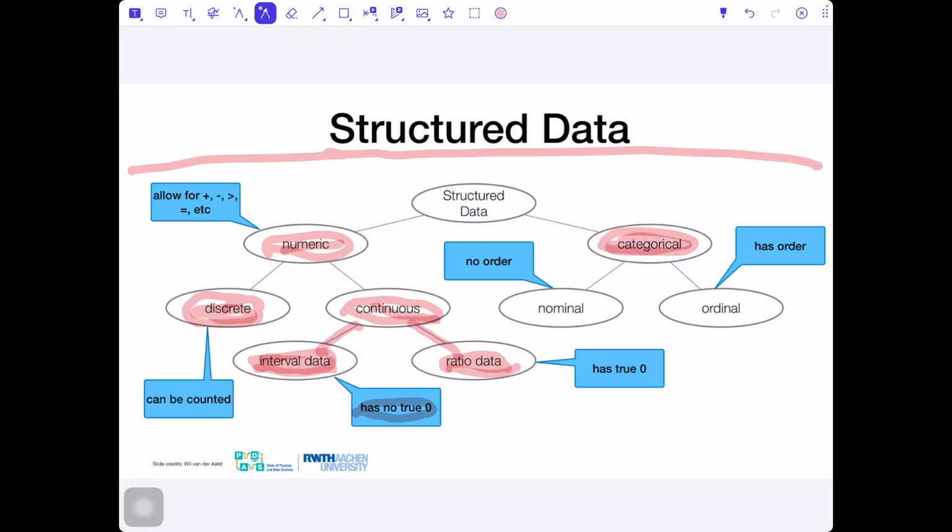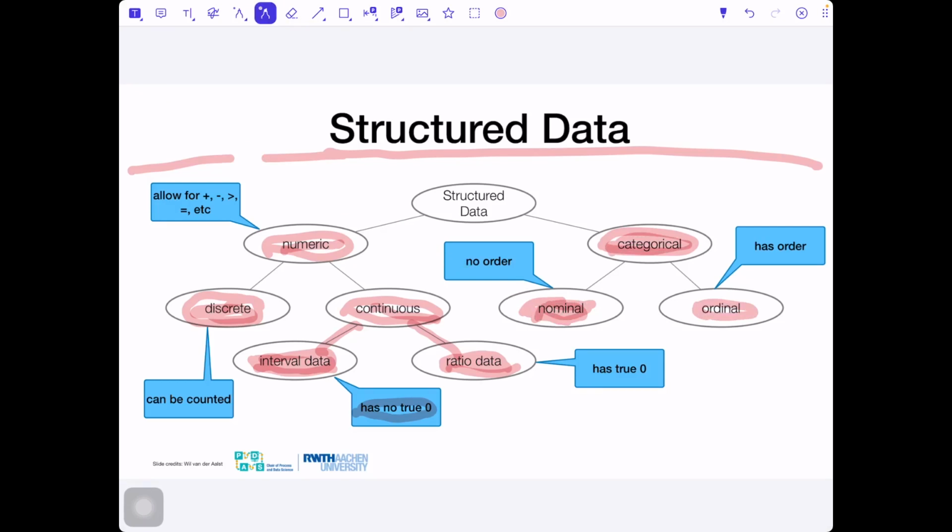The categorical data can be split into nominal or ordinal. Nominal data is just separated data. For example, colors: red, blue, green, orange. We can say that the colors are different, but we cannot put them in order or do anything else with them.